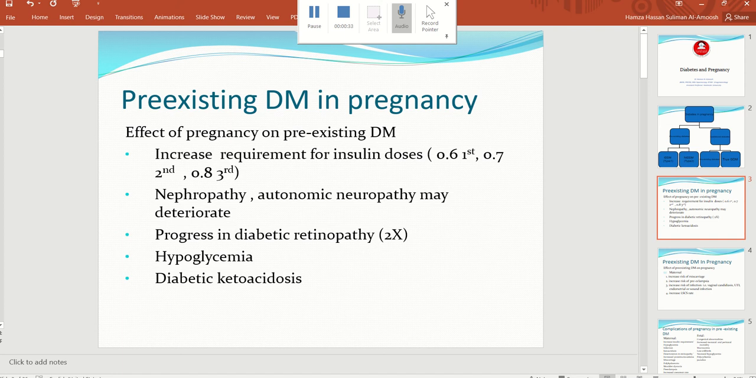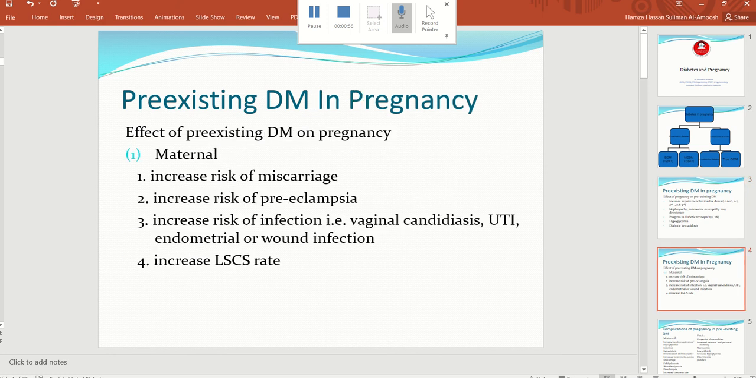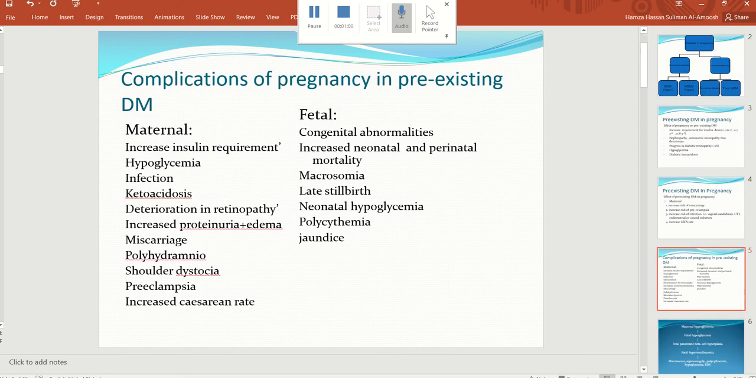The effect of pregnancy in pre-existing diabetes: it increases the requirement for insulin. If you have nephropathy, neuropathy, it may deteriorate. The progress to diabetic retinopathy is doubled. It might cause hypoglycemia and diabetic ketoacidosis. The effect of pre-existing diabetes on pregnancy: